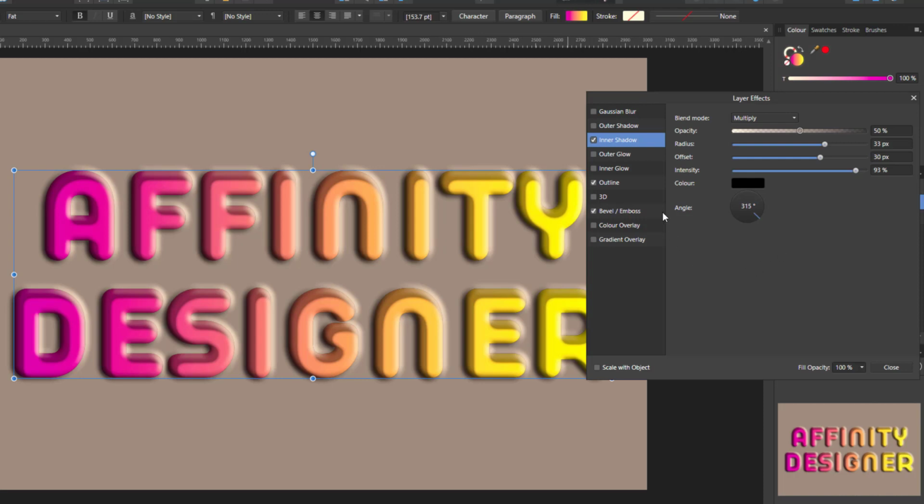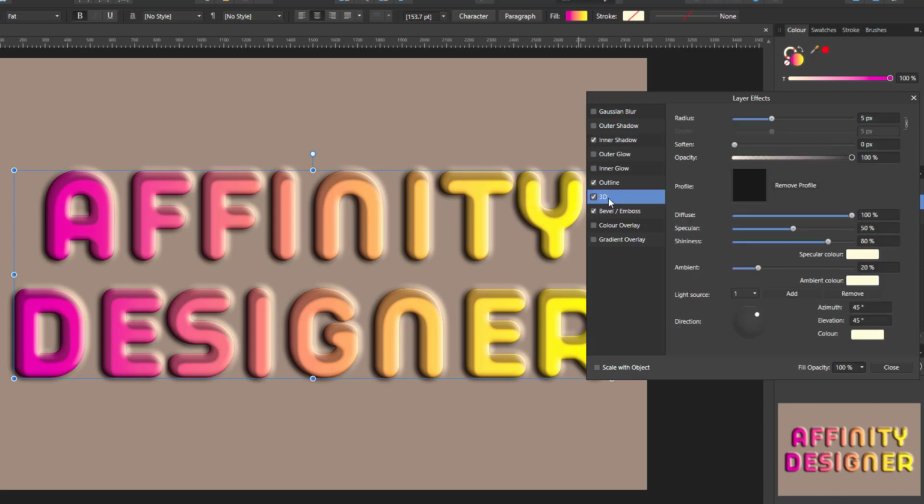And to finish off the 3D looking effect, we are going to come to 3D. So put a tick into 3D, click on the word 3D to give us the options, and the radius is going to be 9.5. Soften 11,